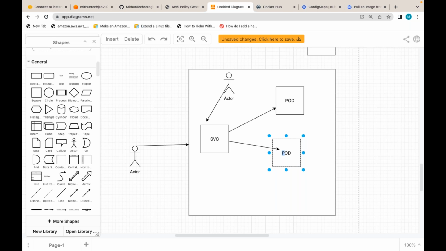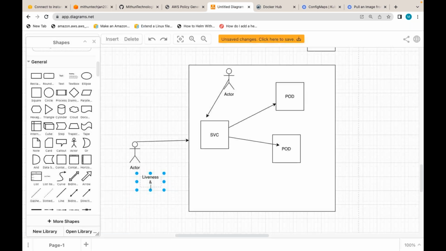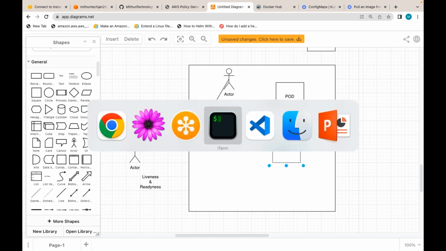Now, how do we handle these scenarios in Kubernetes? That is where these two come into the picture: liveness probe and readiness probe. Before I go into liveness probe and readiness probe, I may not simulate that deadlock scenario, or the memory leakage scenario. Let me demonstrate by using some